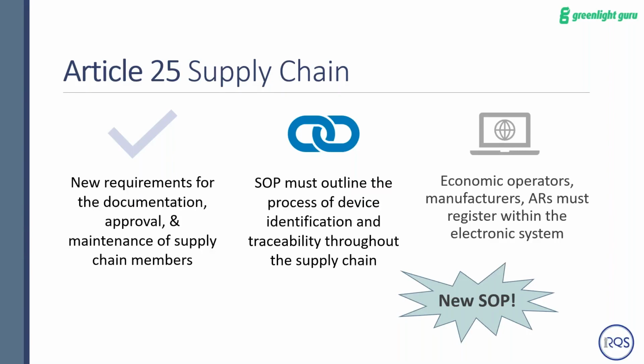So I definitely think you should be proactive in talking with your economic operators and making sure that they are aware of these and that they are going to comply with them. I definitely think it's going to be a bigger burden on them. There might need to be some renegotiation or training on what's required, and making sure they have that, as well as the requirements of your quality agreement. The quality agreements were a big emphasis in 1345/2016, and those might have to be reevaluated to make sure that for devices sold into Europe with CE mark, all of the new regulations for supply chain and economic operators are covered.